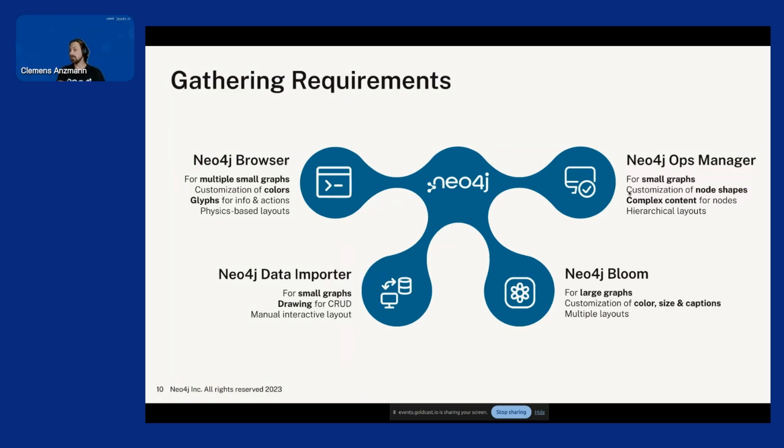The ops manager, some of the requirements particularly were to display very complex content as a node and also different shapes for nodes. For Nevada at that time only really supported a circle, and that's it for nodes. And the data importer's requirements particularly were for very interactive manual layout to move nodes around, draw relationships, rather than any particular layout algorithms. So yeah, the list of requirements was very varied and quite long, and we struggled for a long time